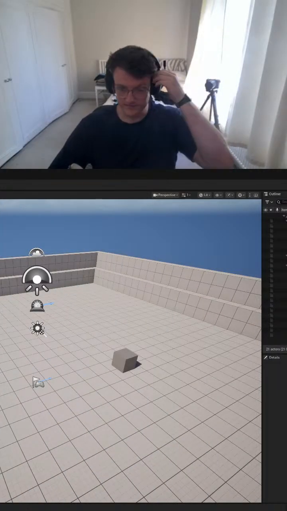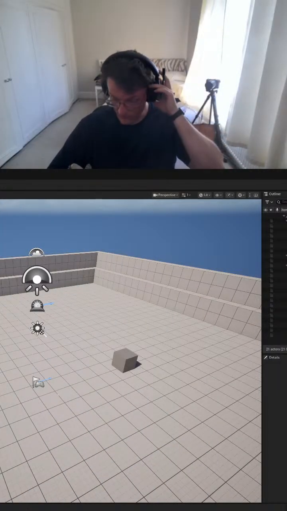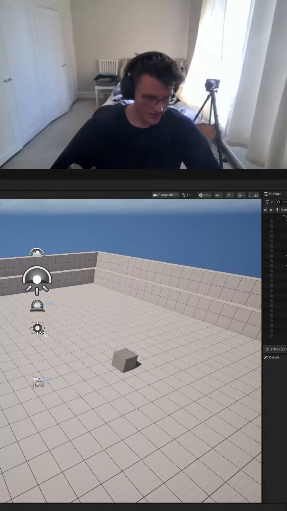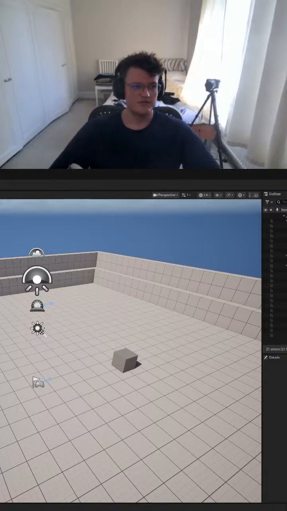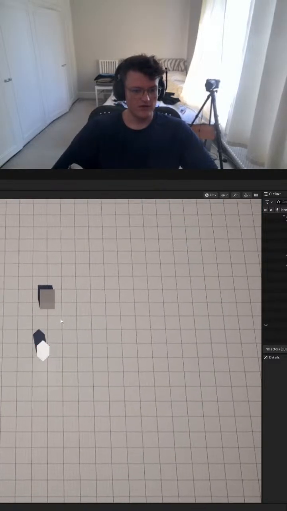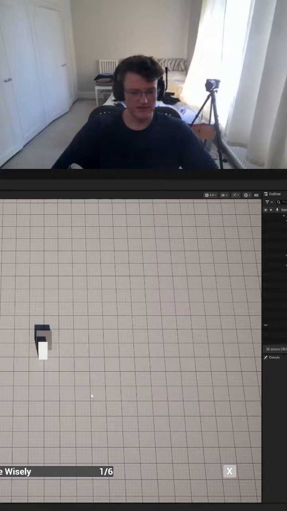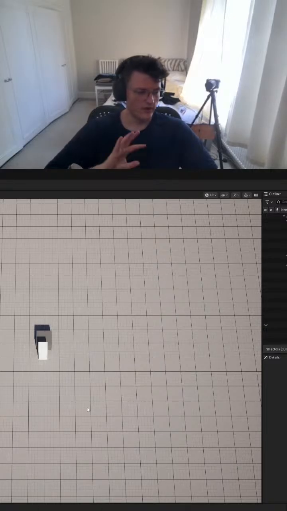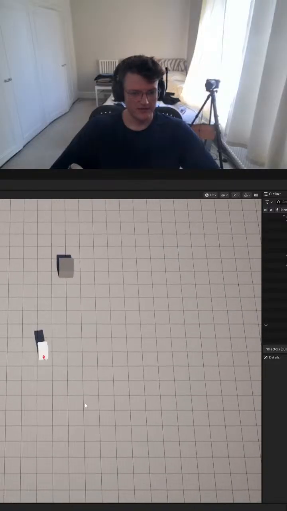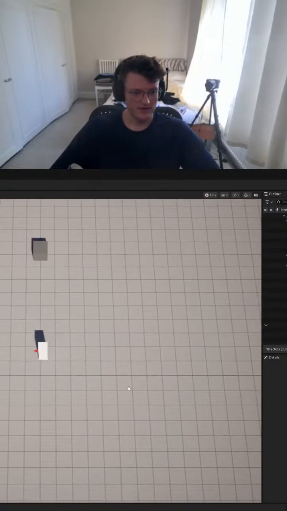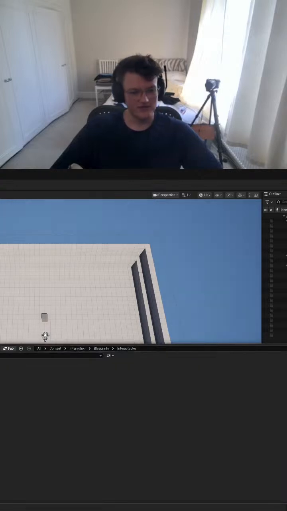Get rid of that. Go to this. So what I'm thinking is I want to try and revert back to a click to move system, because with a lot of it being UI based, you're going to be clicking things a lot. I'd rather you just were always using your right hand. Your left hand didn't have to move around like this. I don't think that this is as fun as clicking. And I'm really 50-50 on that decision, so I'm torn. So I'm going to leave the functionality for